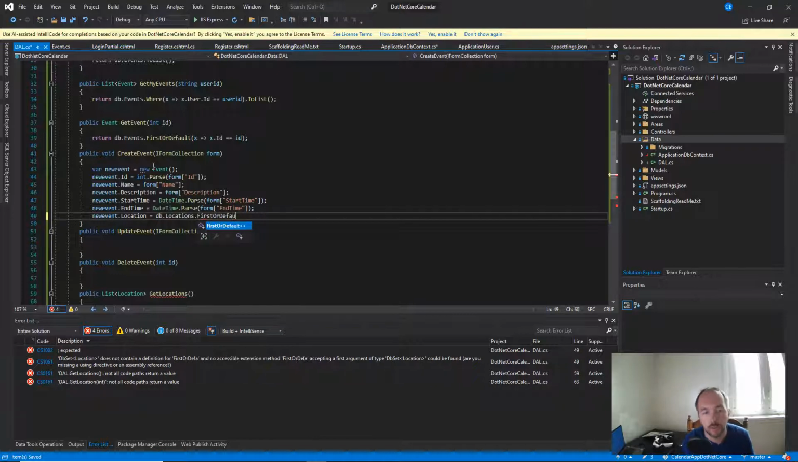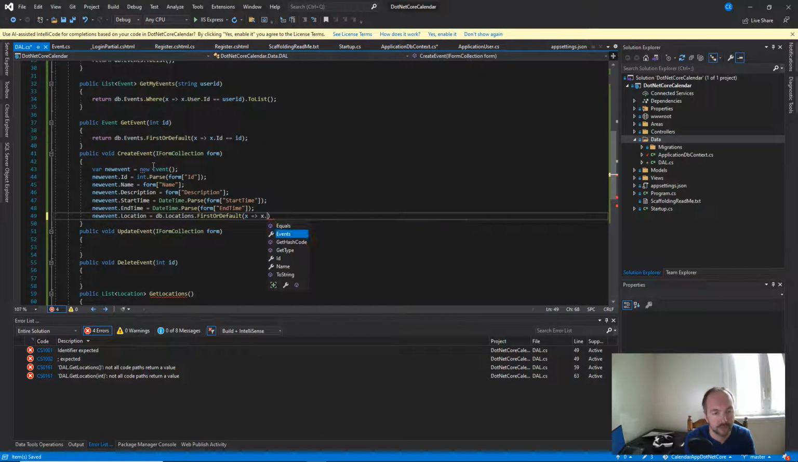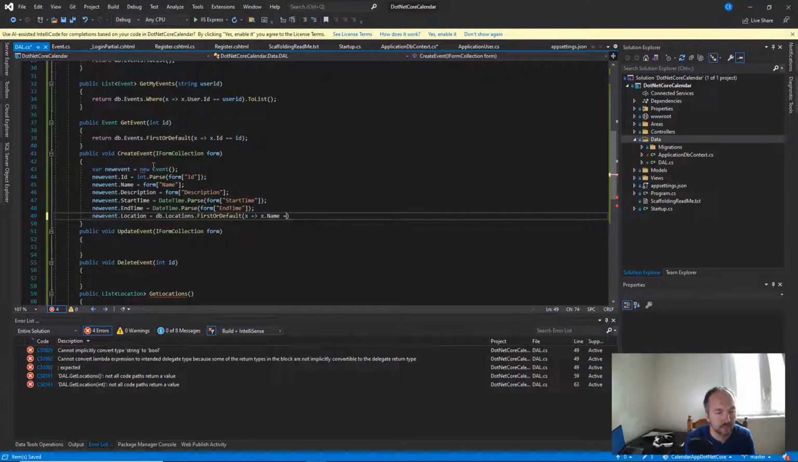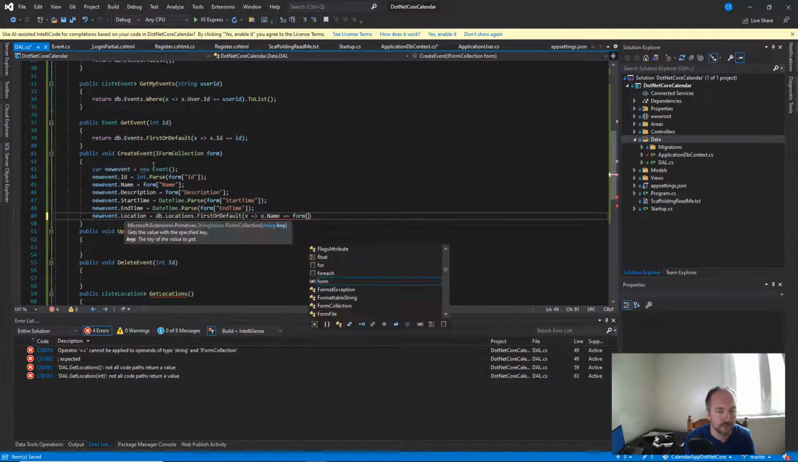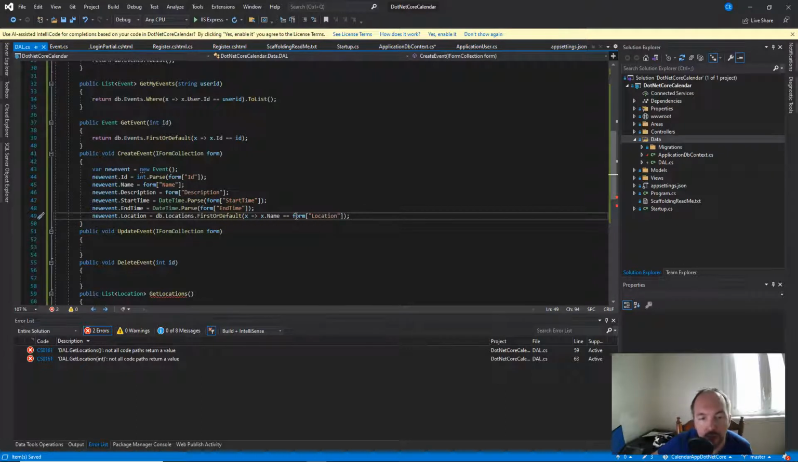We'll look into our DB context for this. So let me explain to you what this line of code is doing. We're basically taking the form location from the IFormCollection and we're saving it as the location. And again, guys, this is going to make a lot more sense later once we have all this stuff